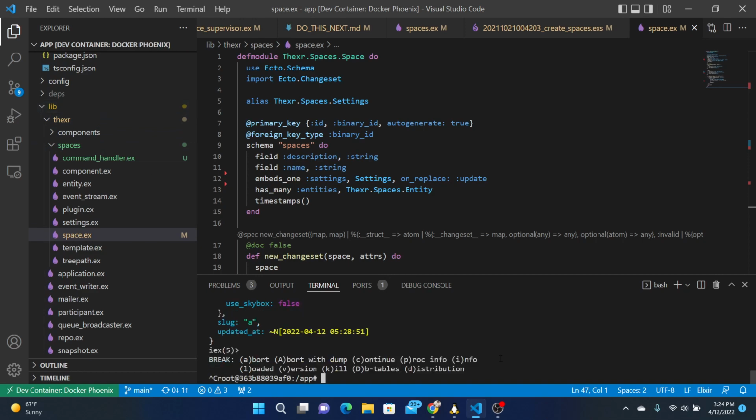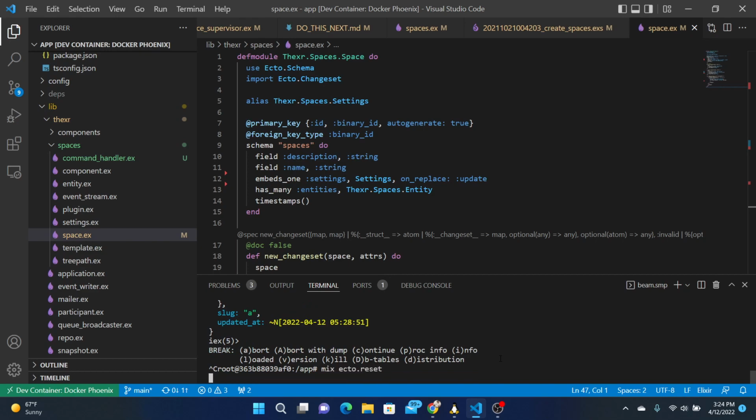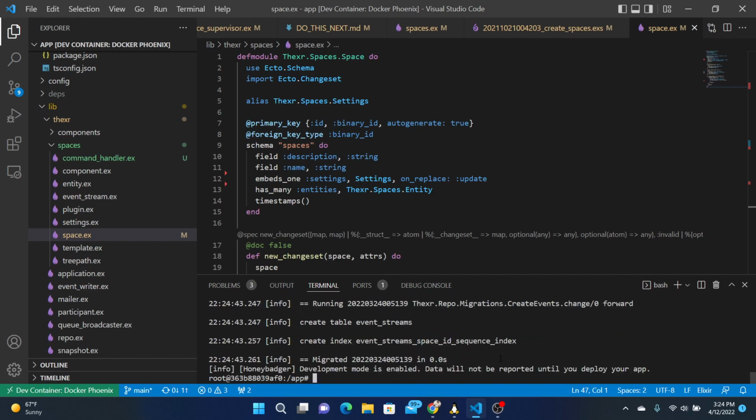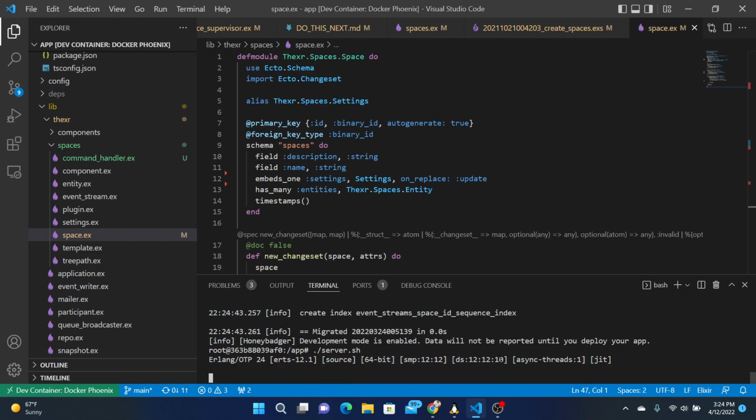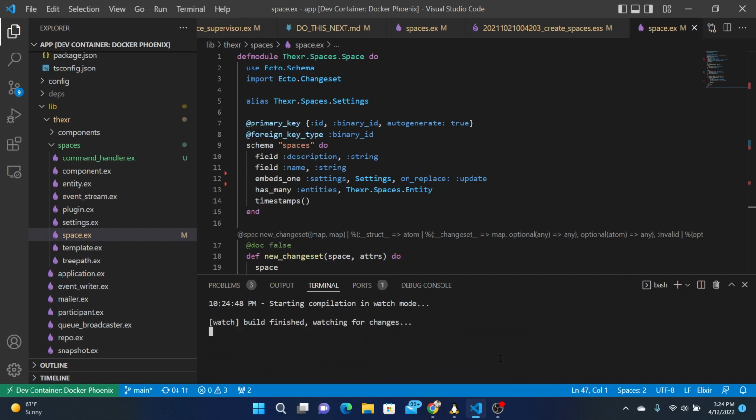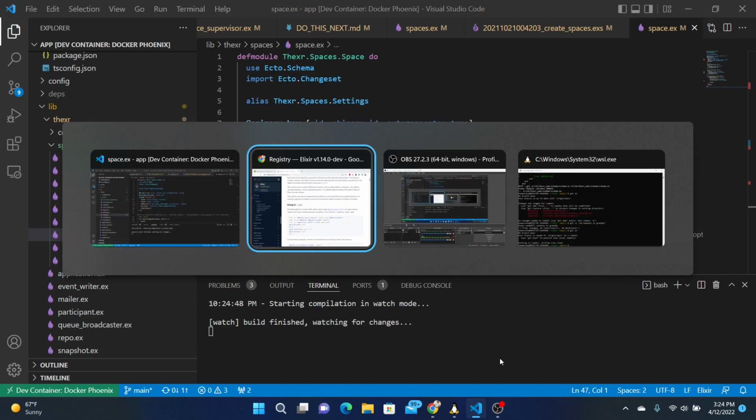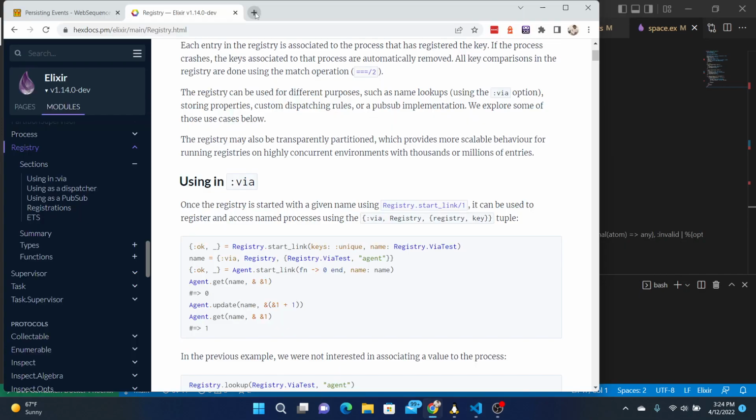Let's go ahead and reload this. So mix ecto reset. Start our server. Let's see what trouble we get into.